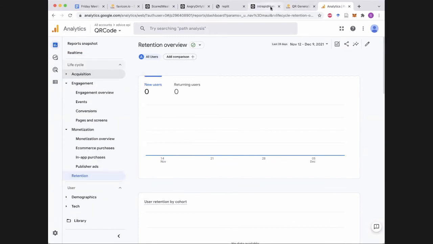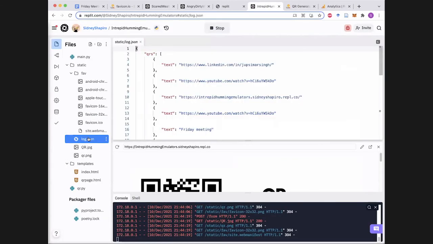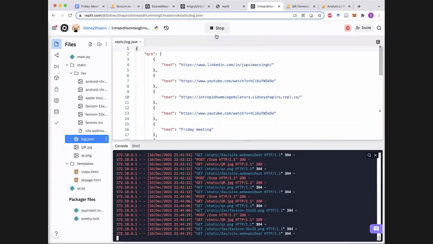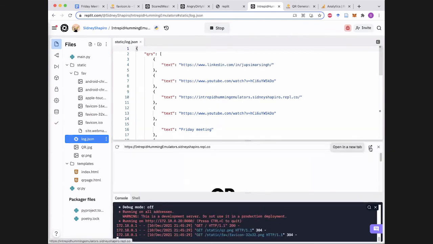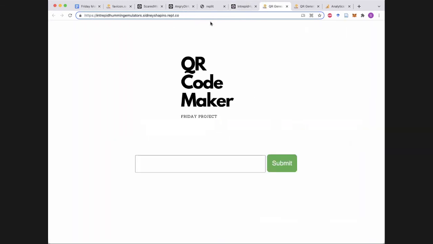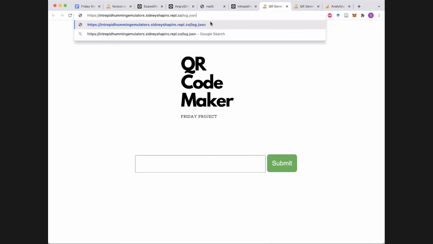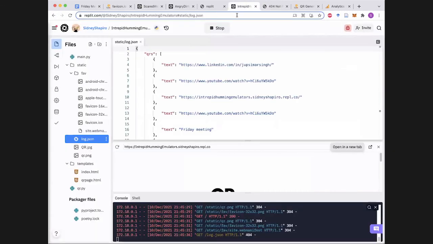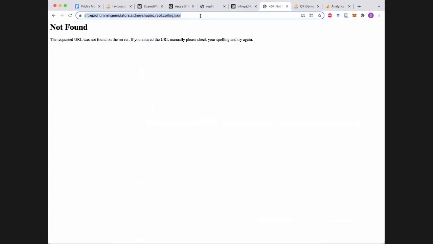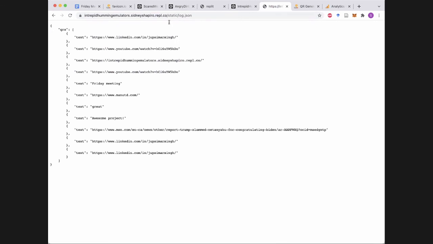Now the last thing I want to tell you is because we're generating this JSON log, and it's sitting inside of static, we should be able to access it. So let me open up this and let's just run it again. So I'm going to run this in a new window, and we should be able to go to log.json. Oh, static. Let's try that. /static. There we go. So it's actually accessible on the web,